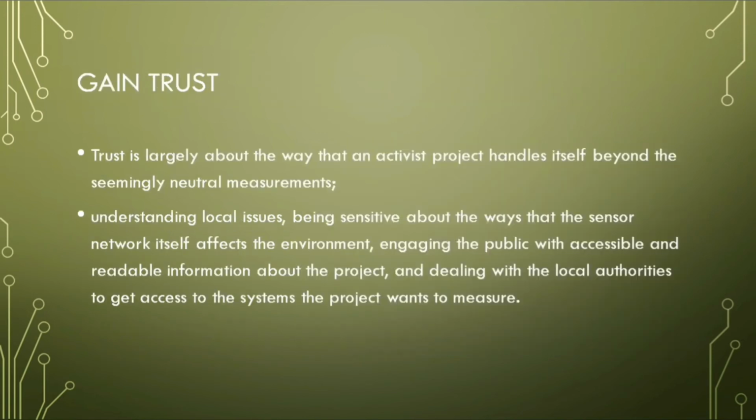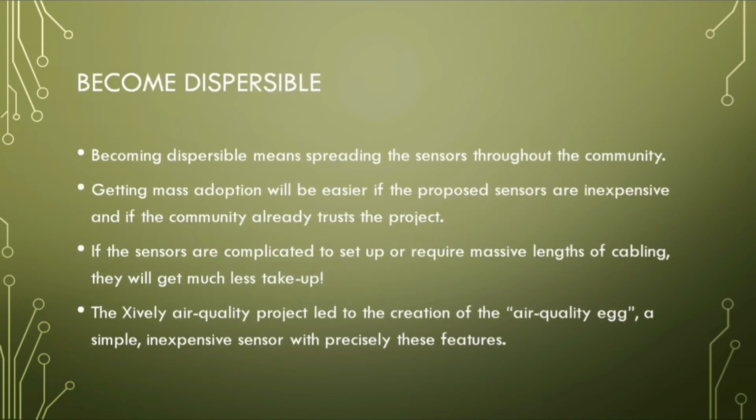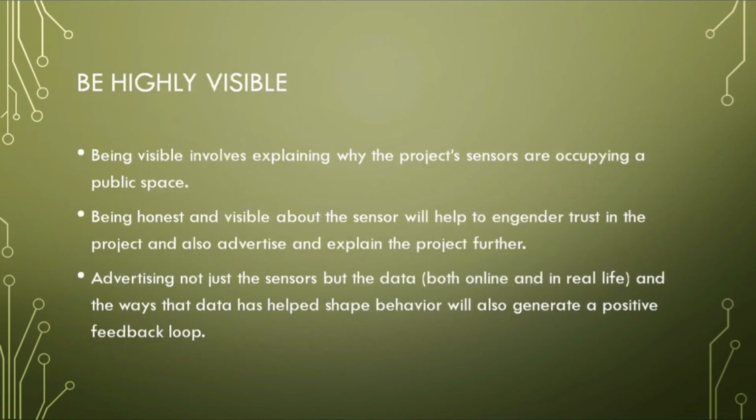Trust is largely about the way that an activist project handles itself beyond the seemingly neutral measurements: understanding local issues, being sensitive about the ways that the sensor network itself affects the environment. Becoming dispersible means spreading the sensors throughout the community. Getting mass adoption will be easier if the proposed sensors are inexpensive. Being visible involves explaining why the project sensors are occupying a public space. Being honest and visible about the sensor will help to get trust in the project and also advertise and explain